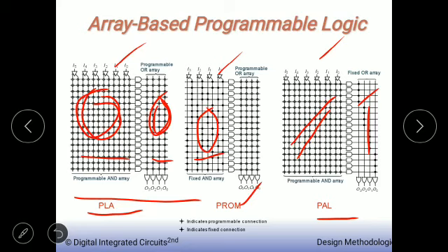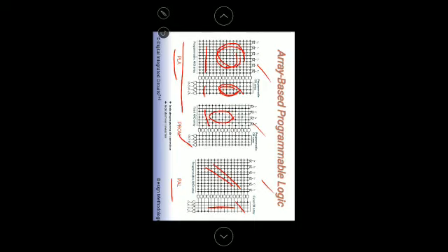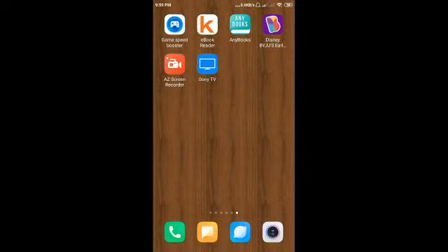Now to take care of such complicated circuits, there are two possibilities. One is to partition the array into a number of smaller sections, often called macrocells. The second is to introduce flip-flops and provide a potential feedback from output signals to the inputs. These are the two possibilities. Now, here I have shown a simple example for a PROM based design. It is with respect to this design only. One PROM based example we have considered.